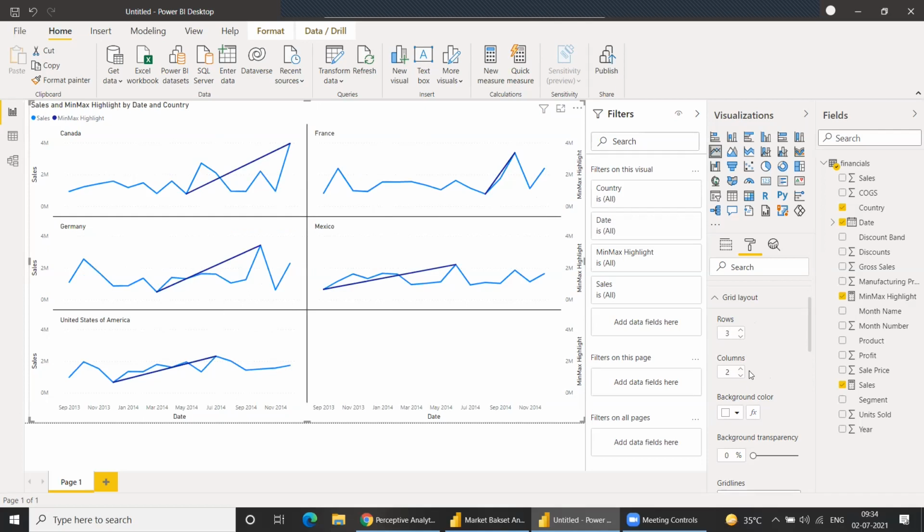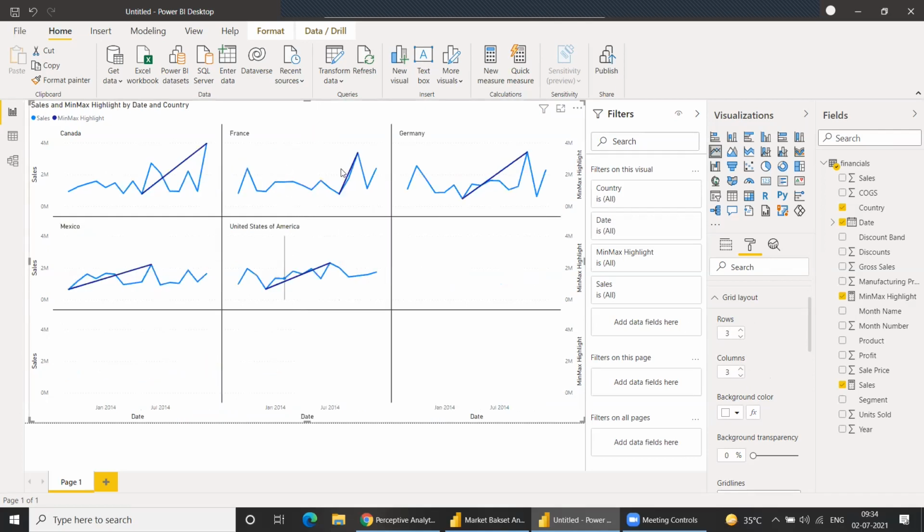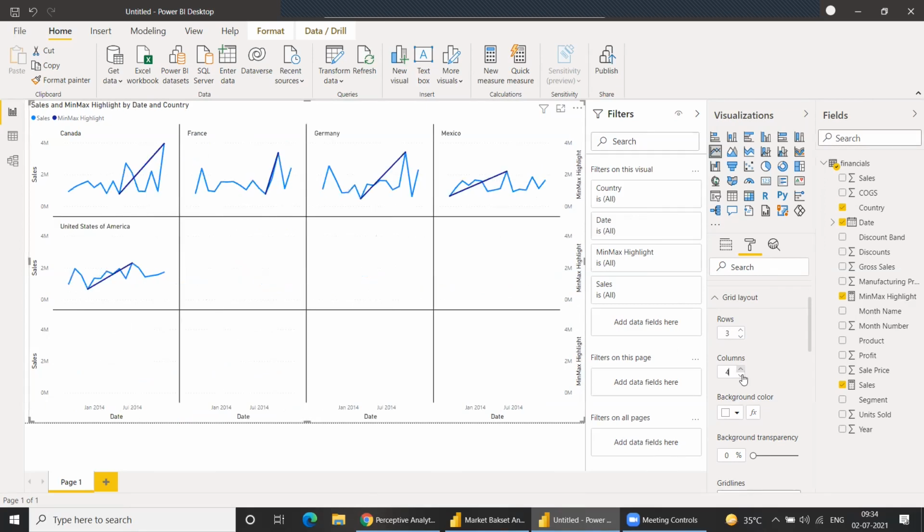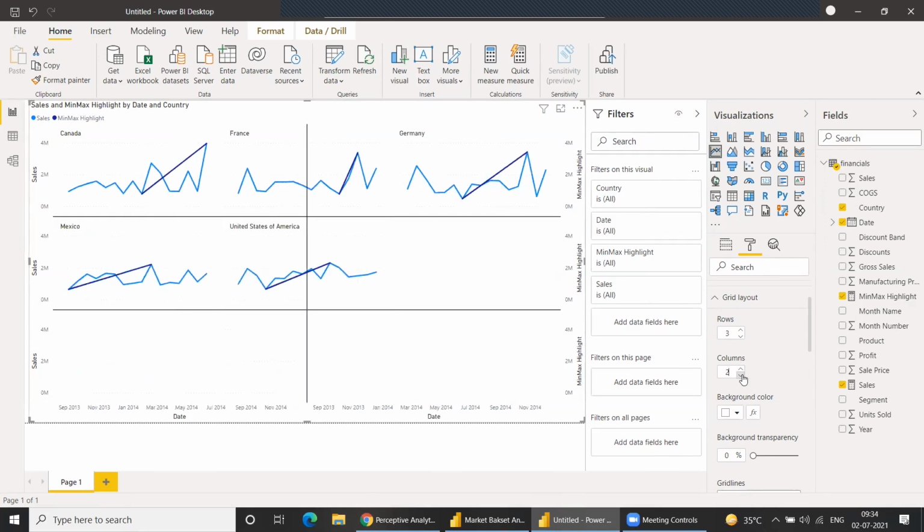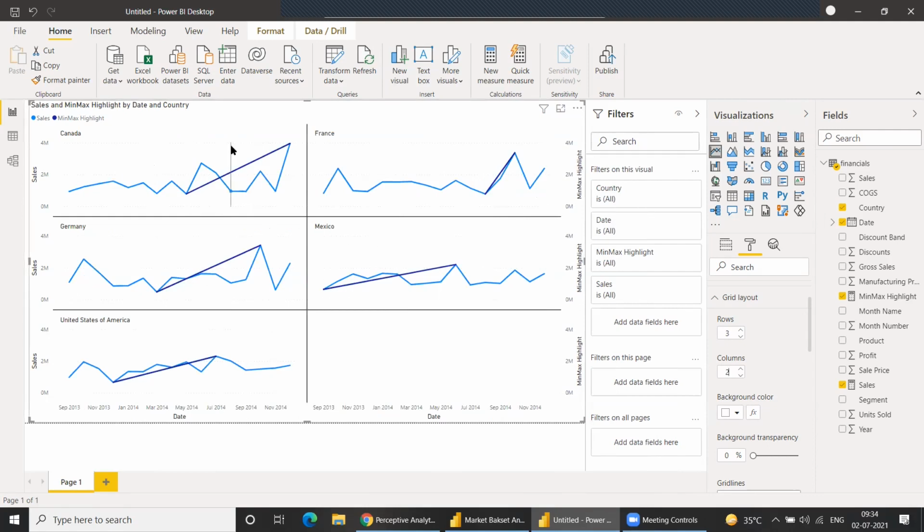Basically, all you need to do is change the number, and all the settings which you are doing for the existing ones will just replicate for other cells. So you don't need to do much in this. All you need to do is select columns and rows. All the other customization that we are doing for these graphs will be added to them when you increase your number of rows and columns. Okay, understood.